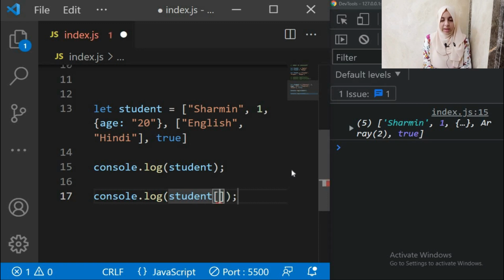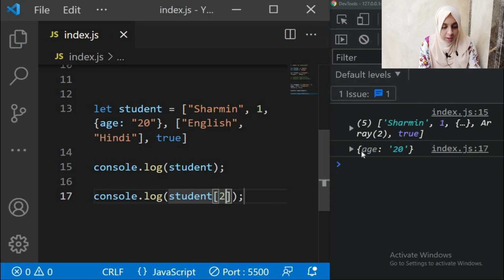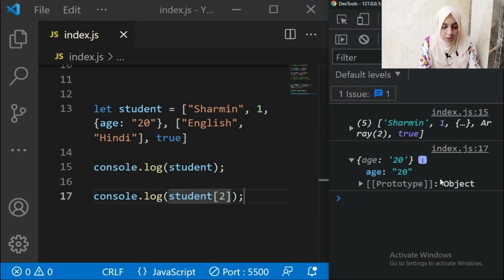Now guess, if you want to print the object, the object which says age 20, if you want to print that in the console, what index number will you use? So think and mention down in the comments below which index number we'll put, so that you get the output as an object over there, okay. So if you guessed it, then yes, it is 2, okay. Can you see you get the object printed in the console, right, with a key value pair.